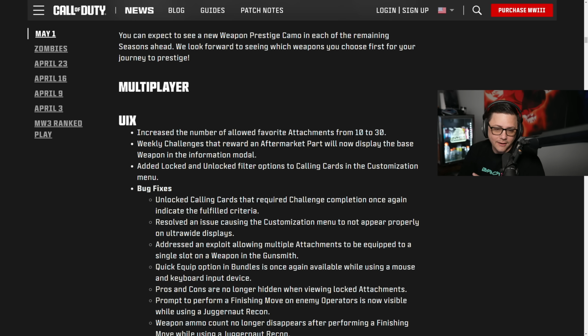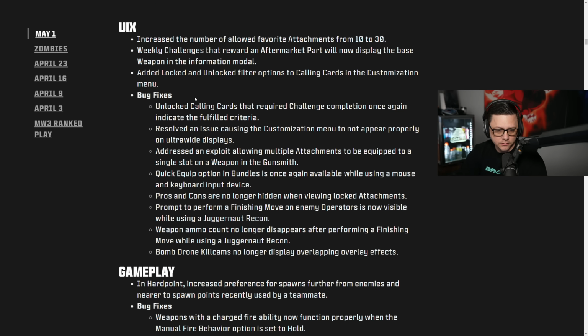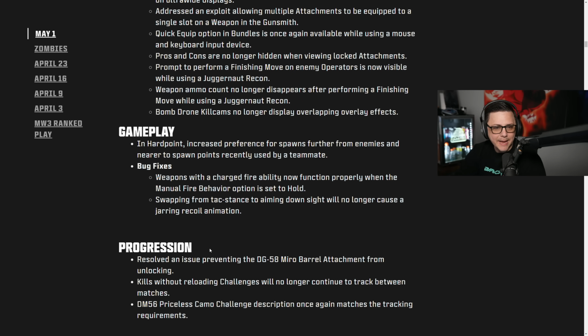Added locked and unlocked filter option for the calling cards in the customization menu. And then a bunch of bug fixes there. And then gameplay and Hardpoint: increase the preference of spawns further from enemies and nearer to spawn points recently used by a teammate. Okay. Bug fixes: weapons with the charged fire ability now function properly when the manual fire behavior